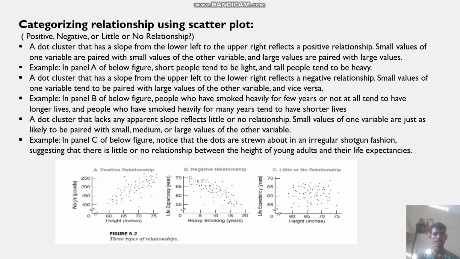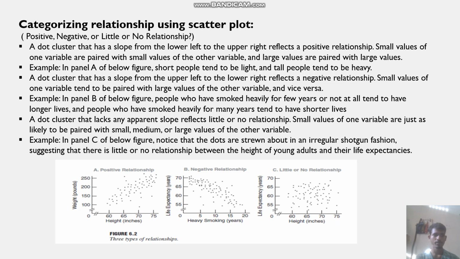Categorizing relationships using scatter plots. A dot cluster that has a slope from the lower left to upper right reflects a positive relationship. Small values of one variable are paired with small values of the other variable, and large values are paired with large values. Example, in panel A of the below figure, short people tend to be light and